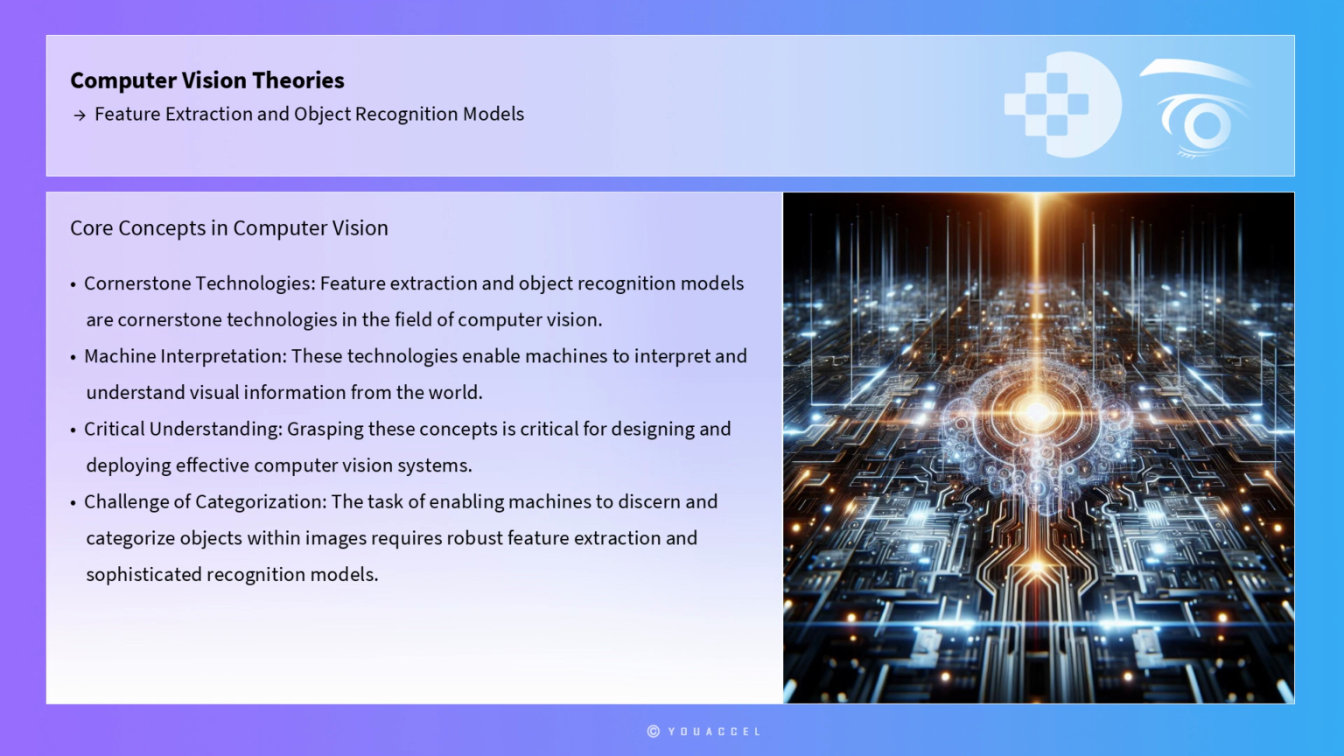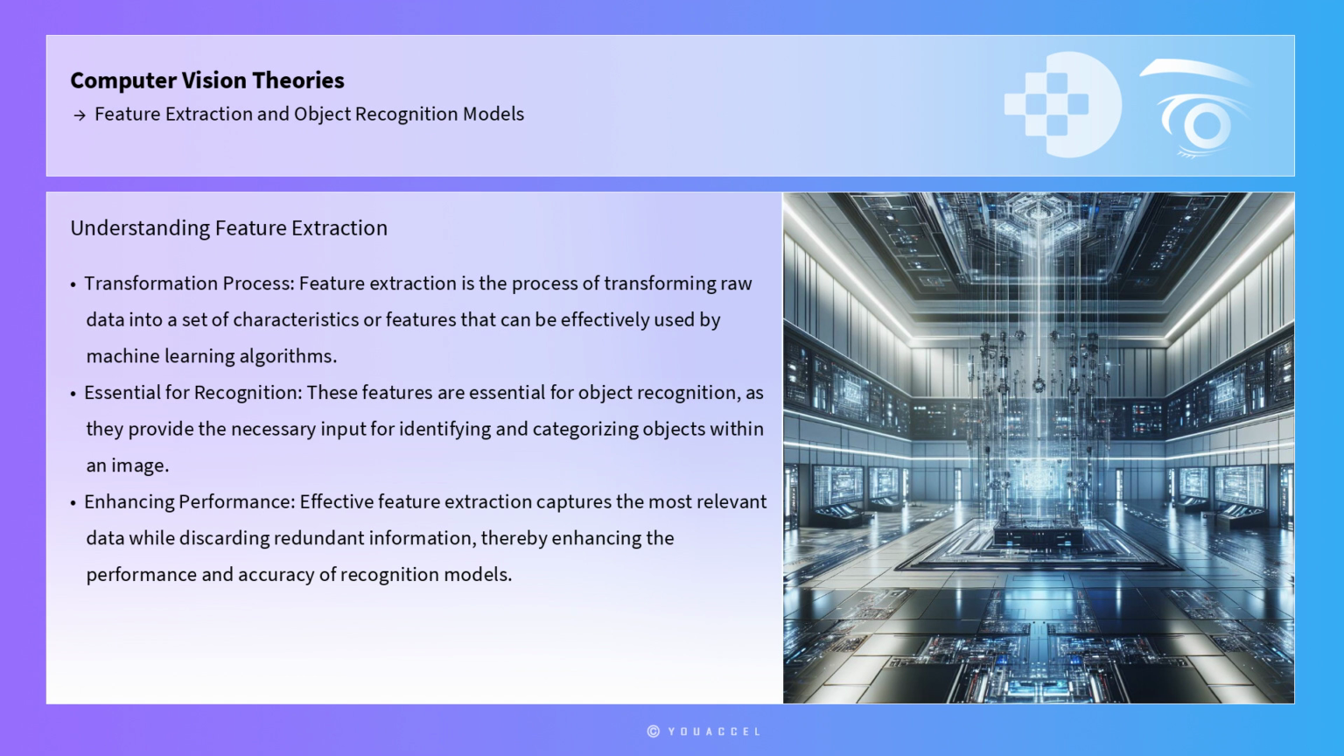vision systems. At the heart of computer vision lies the challenge of enabling machines to discern and categorize objects within images, a task that requires robust feature extraction and sophisticated recognition models. Feature extraction is the process of transforming raw data into a set of characteristics or features that can be effectively used by machine learning algorithms. These features are essential for object recognition, as they provide the necessary input for identifying and categorizing objects within an image. Effective feature extraction captures the most relevant data while discarding redundant information, thereby enhancing the performance and accuracy of